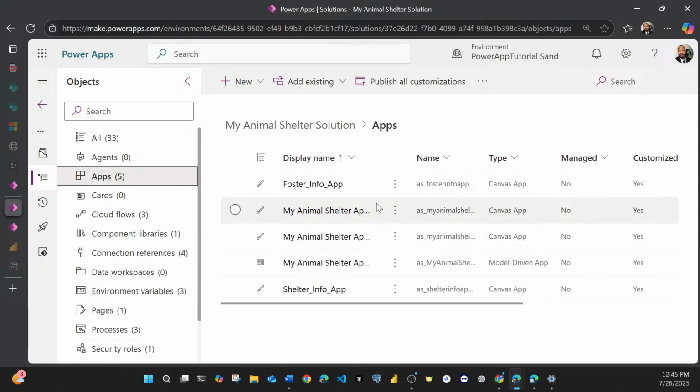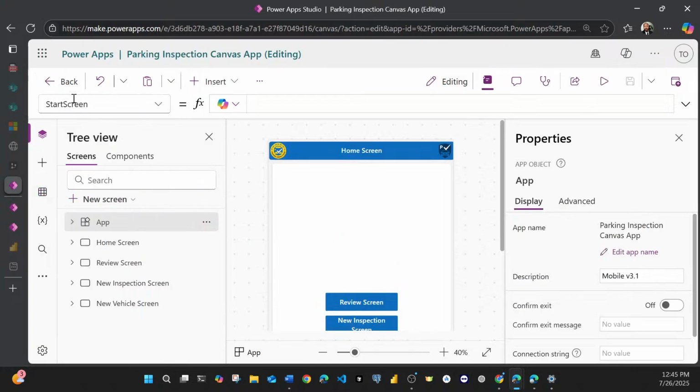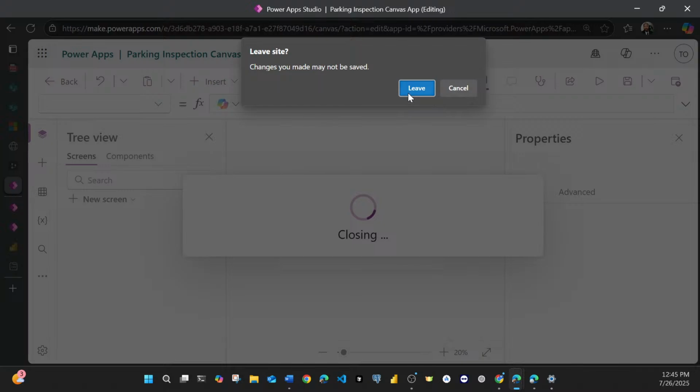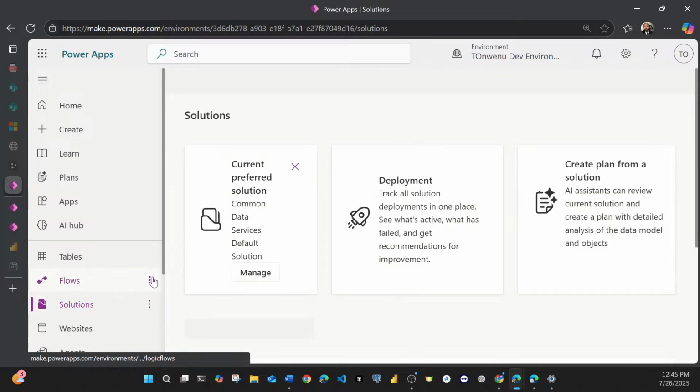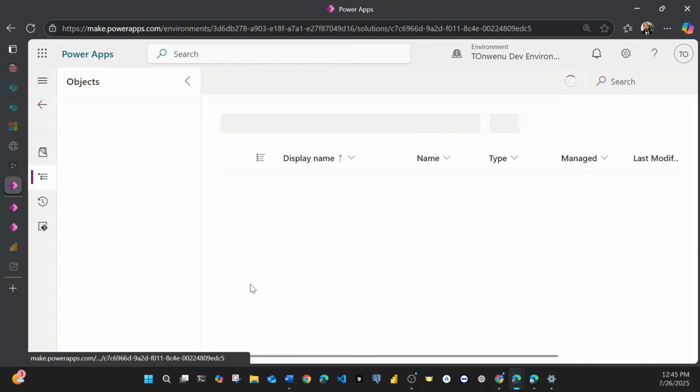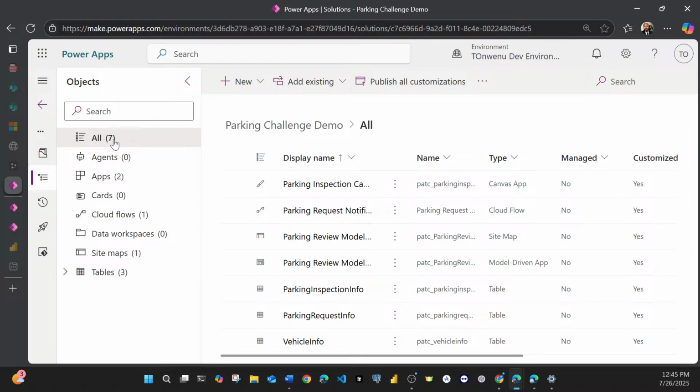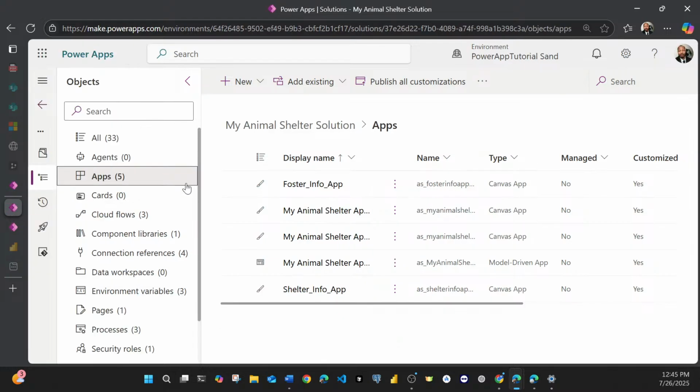So this time around, we're going to extend our parking inspection. It's not just going to be this minimalistic parking inspection that has just a few components. As you can see, we just have like 7 in total. We're going to extend that. At least we're going to be hitting like 20 when we are done with our pro version, because I know a lot of things that we can add. But in the last animal shelter,